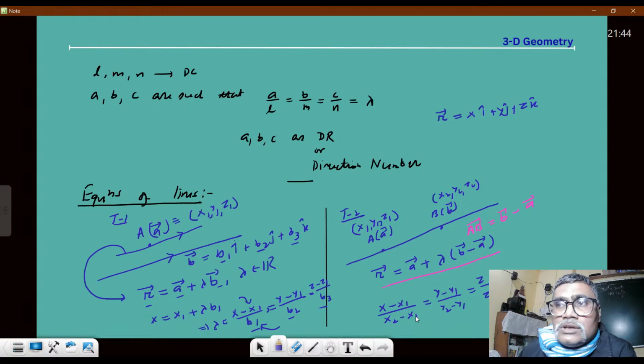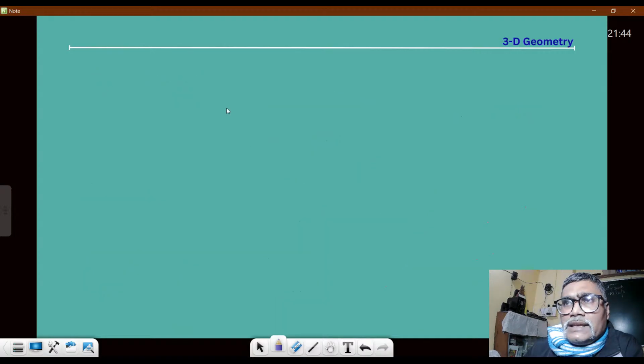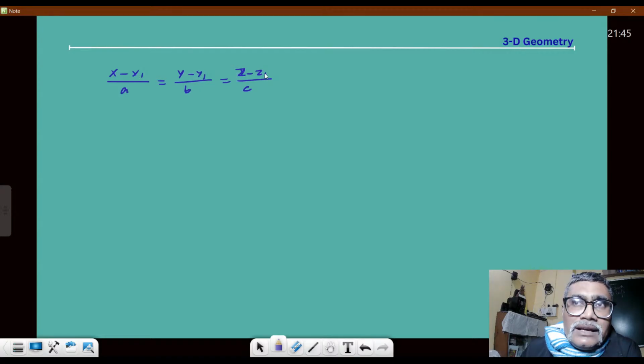So in a nutshell, I'm now going to sum up these two forms because they are very, very important. I got two different forms of the line. One is x minus x1, y minus y1 by b, z minus z1 by c. This time I'll not write b1, b2 because I want to get the symmetry of all the expressions. This is one line which is passing through the point x1, y1, z1 and parallel to the vector whose components are a, b, c. And the other form of line is